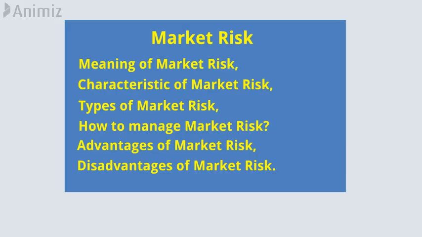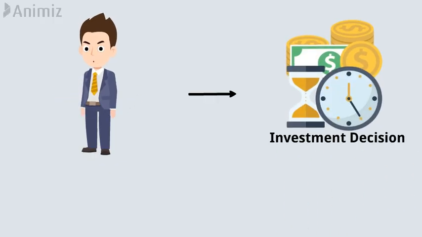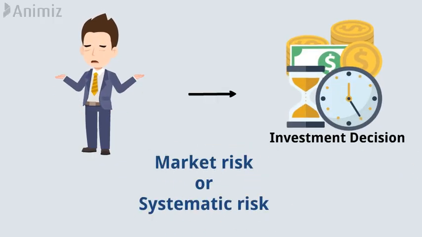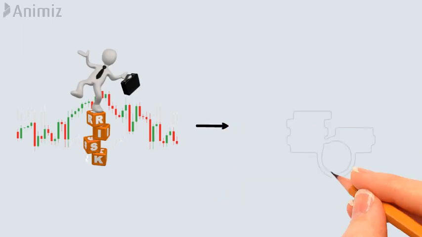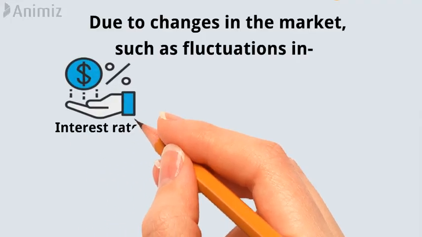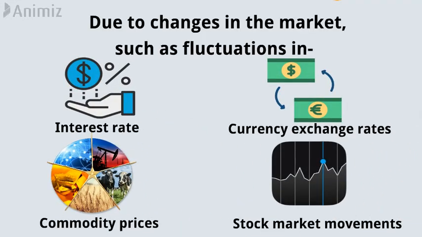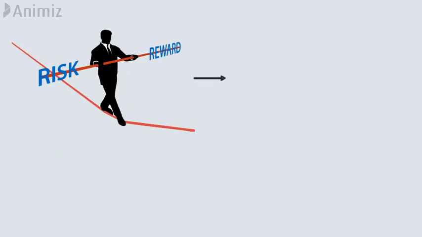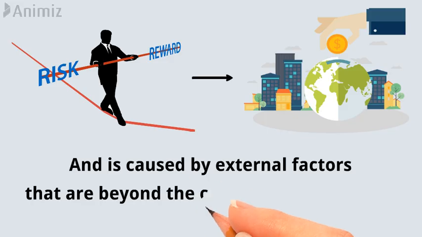Let's start the video. The uncertainty associated with any investment decision is called market risk or systematic risk. Market risk is the possibility for an investment's value to decrease due to changes in the market, such as fluctuations in interest rates, currency exchange rates, commodity prices, or stock market movements. This risk is inherent in all investments and is caused by external factors that are beyond the control of the